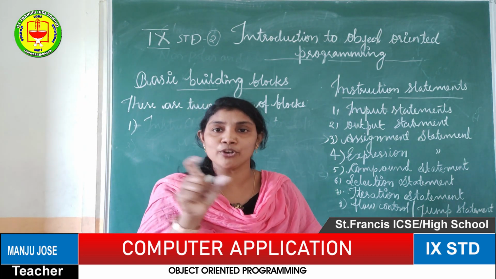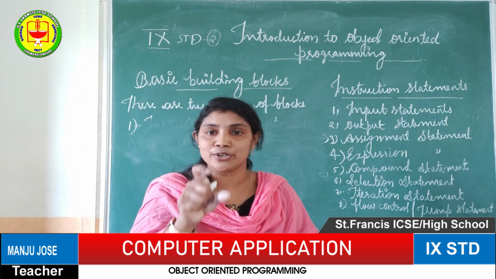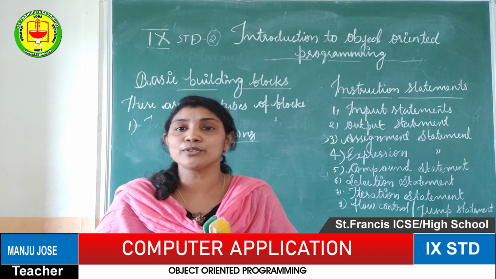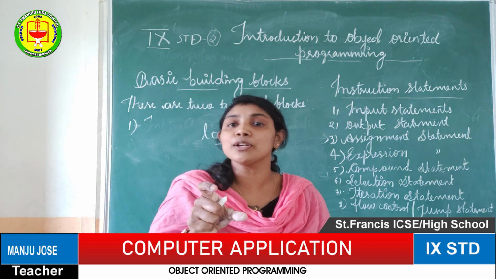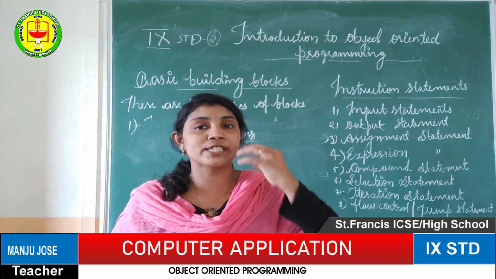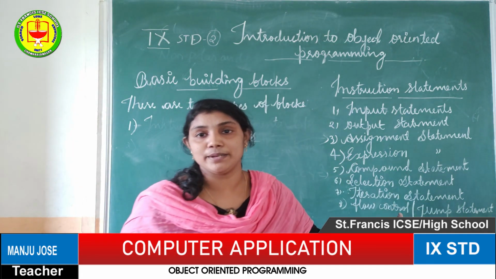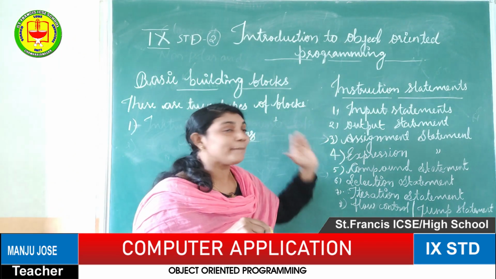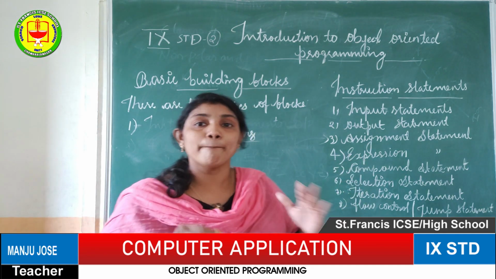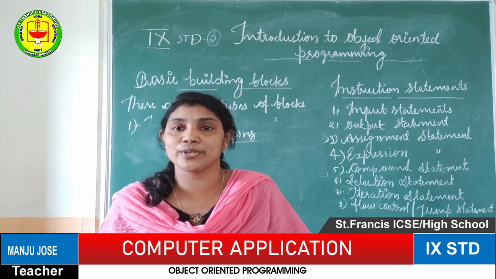When one statement is executing, we need to request the program controller that the control should go to the next statement. Directly it is not possible to go to the next statement, so we have to suggest it to the program controller. For that we need some supportive or auxiliary statement. That auxiliary statement is known as a flow control statement or jump statement, isn't it? These are the major instruction statements we use in programming languages. All of this forms the basic foundation for constructing a programming language or computer program.